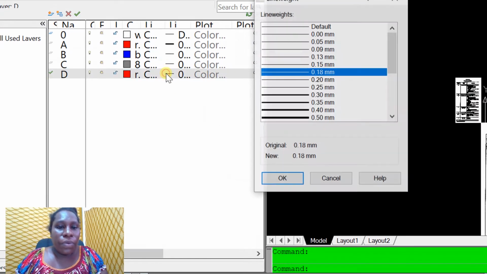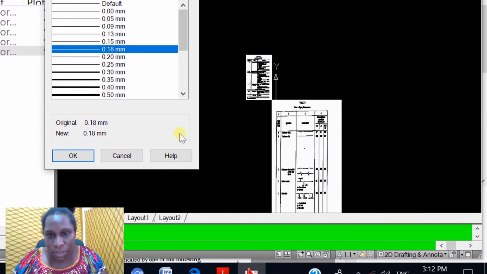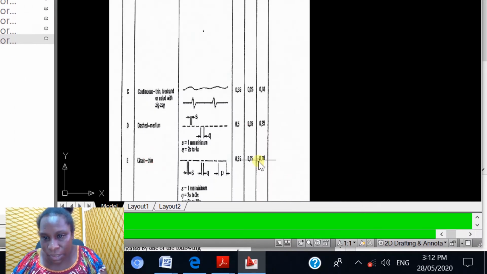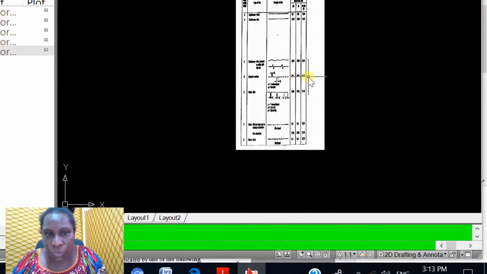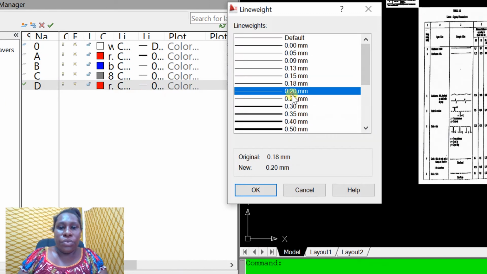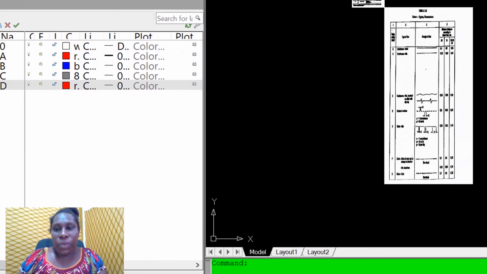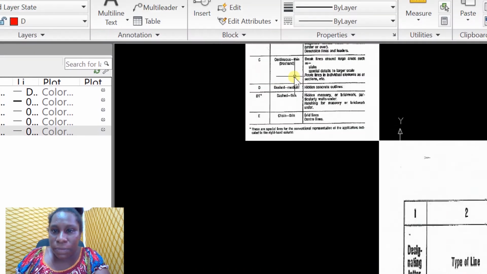Okay, our line thickness, just see the line thickness first. Our line thickness will be 0.25. Okay, then our next,